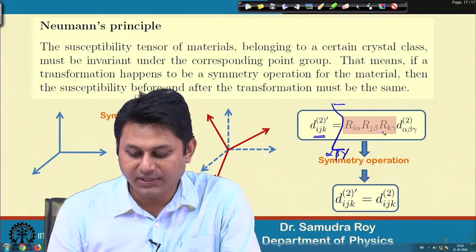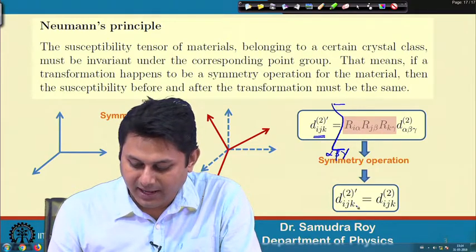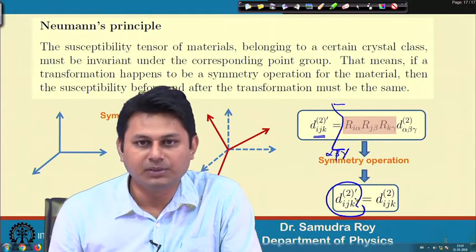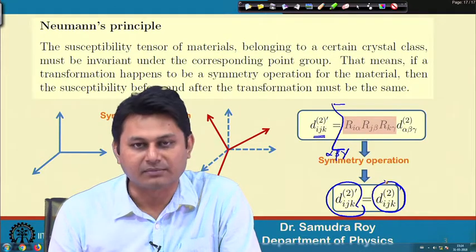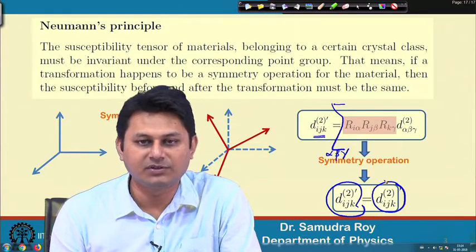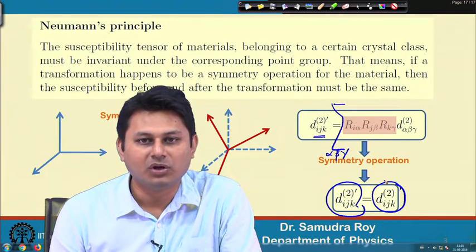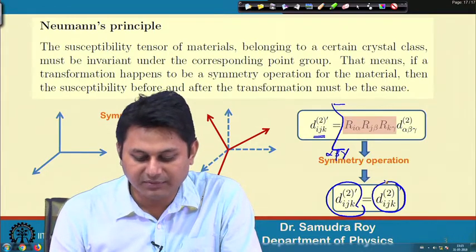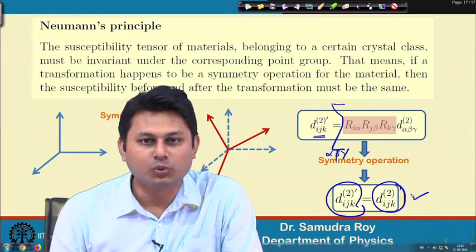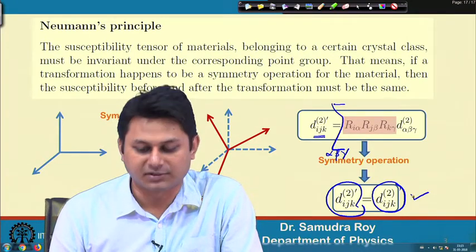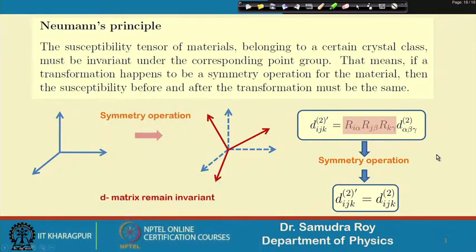Now, if my operation is symmetric in nature, then after doing everything, whatever we get as D_ijk prime should be the same value that we started with, that is, equal to D_ijk, because after applying the symmetry operation these things do not change. So, we eventually have the same D matrix. This basically gives us additional information through which we can find what our D matrix components should be. So, let us now go to our next slide.